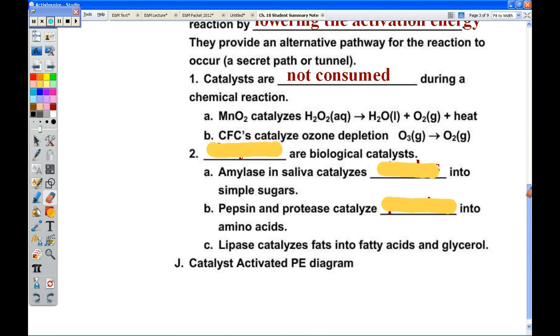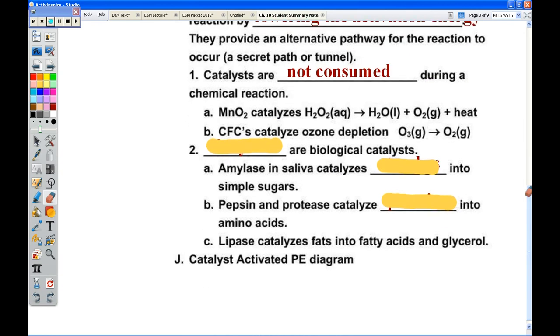Okay, so here's some examples. Manganese dioxide catalyzes the hydrogen peroxide reaction, makes it go really fast as opposed to just kind of fast. Chlorofluorocarbons, CFCs, this is why you don't see too much spray-can hairspray anymore. It's still out there, but most hairsprays are pumps. Most aerosols, they've come up with other chemicals,